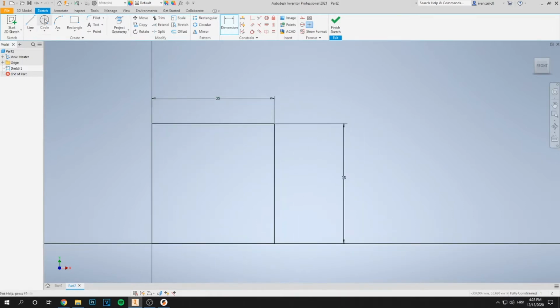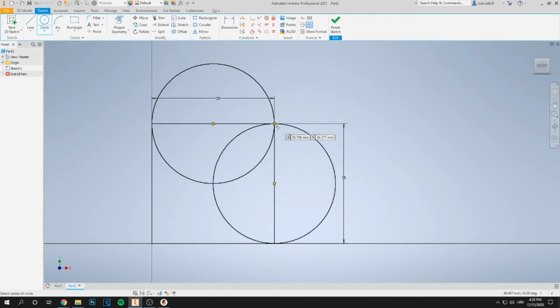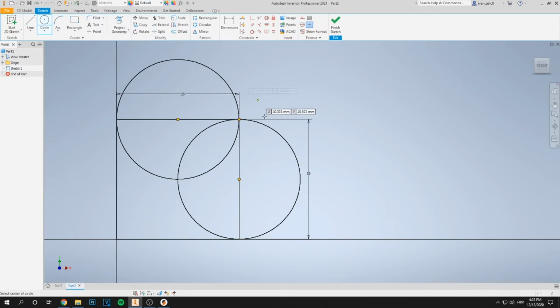you're gonna use the circle, which is up here. Find the middle point here and drag it all the way to this corner. And just click. Do the same thing on this side. Center point and drag it all the way up. Now that you have that, you're gonna press escape